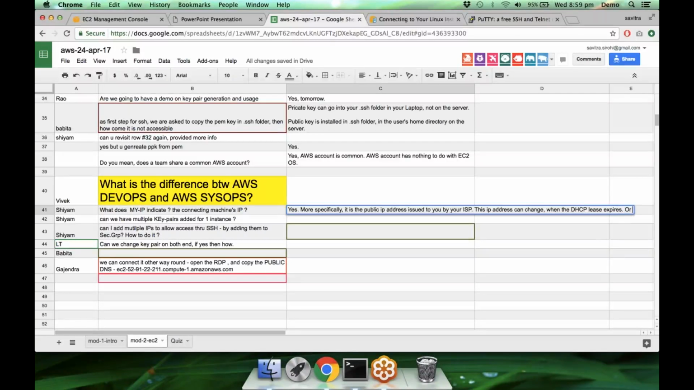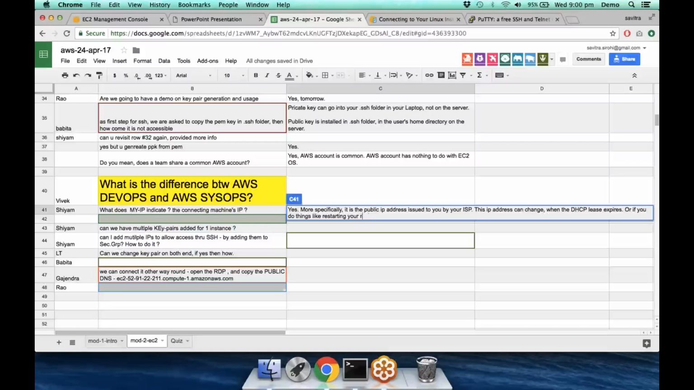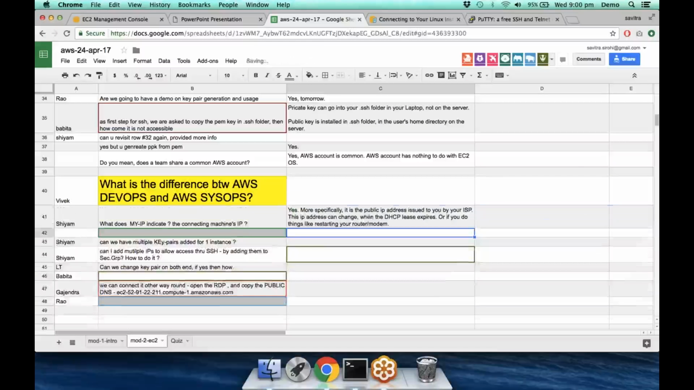Okay, or if you do things like restarting your router or modem, even then the IP address may change. Okay, but yes, it is the public IP address of your connecting machine. Yes. Now you can also have